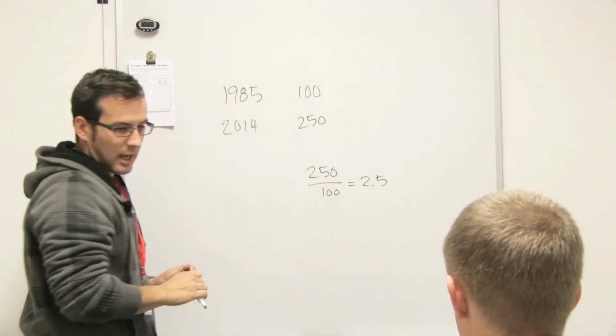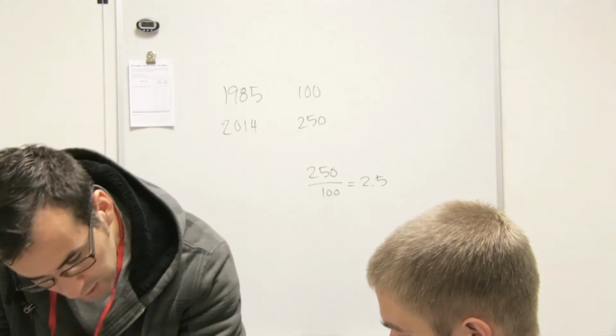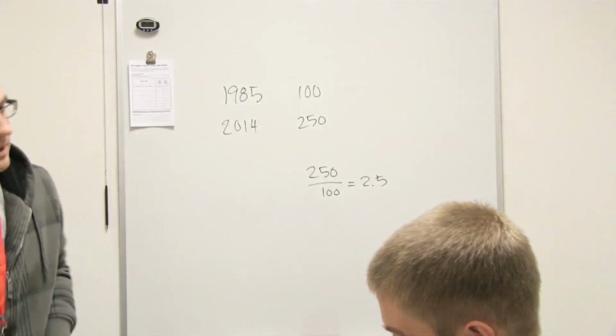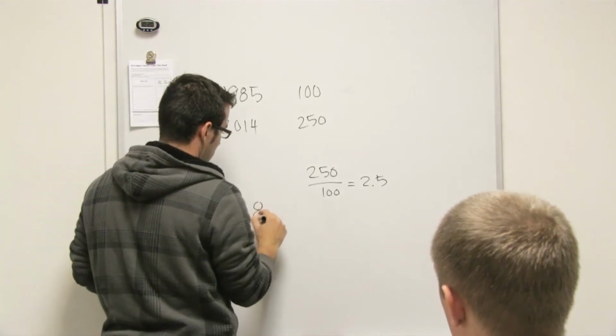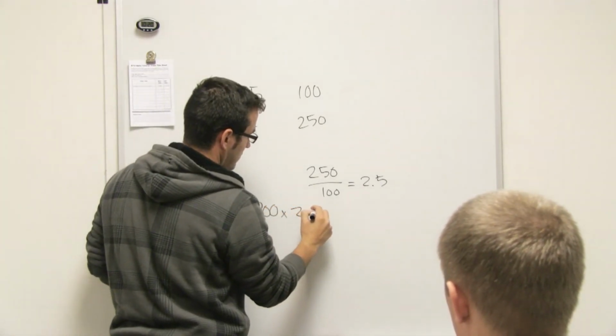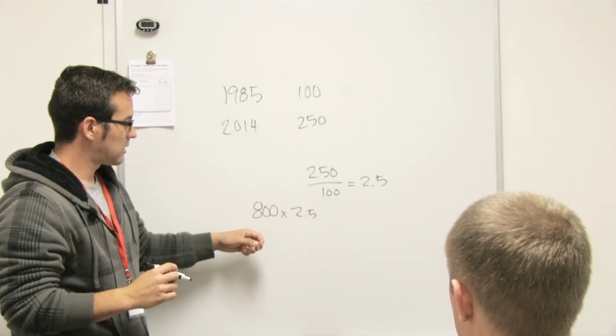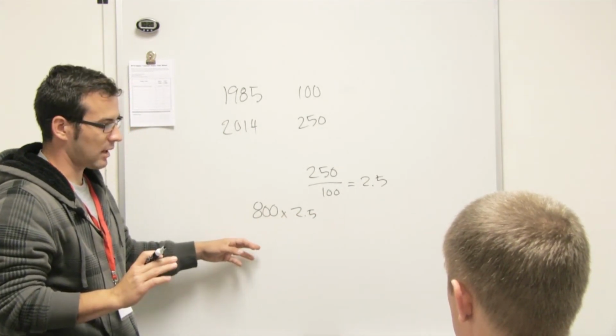Now you can compare them if you can convert this 800 into what it would have cost before, right? So you do 800 times 2.5. See why we're doing that, right? Because each dollar today is, wait, is that right? That's 2,000. No, that's not the same, isn't it? We want to take